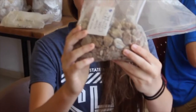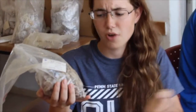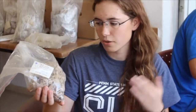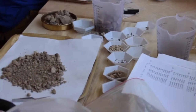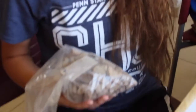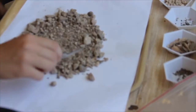So this is what we sort through for the heavy fraction. It's a bunch of rocks, pebbles, clay, ceramic. There'll be shells and metal fragments, as well as bones. So we first measure it, and this one is 3.9 liters. And then we pour out a little bit at a time onto this sheet, and after we do that, we'll